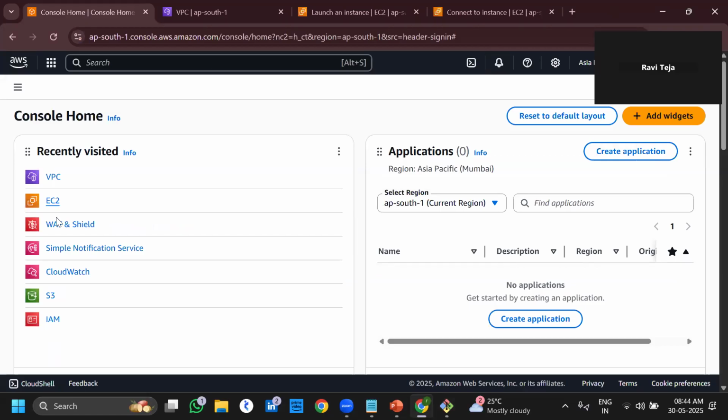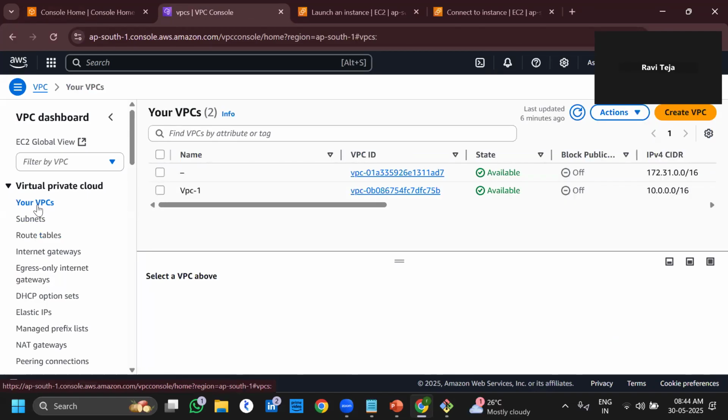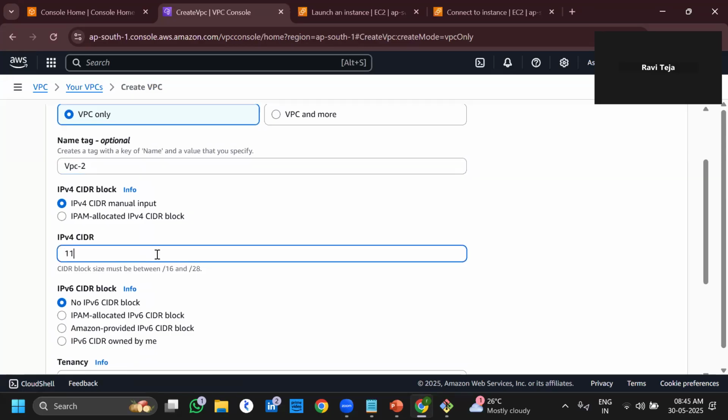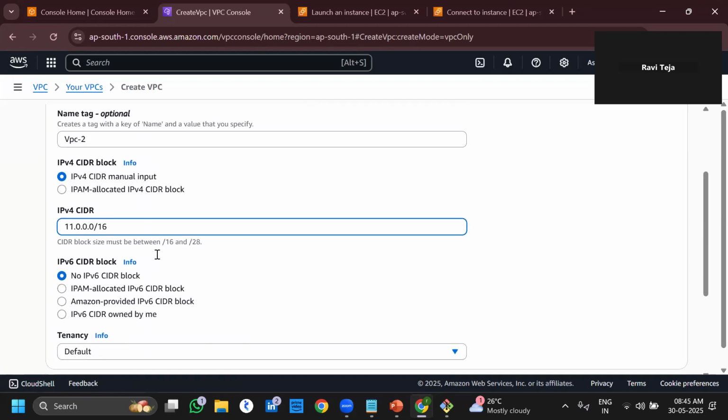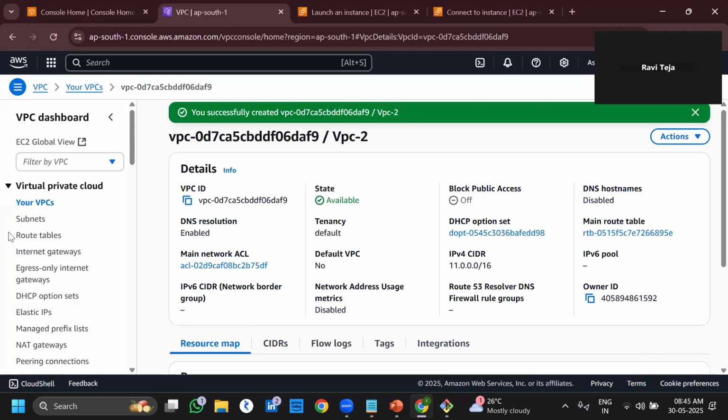We have to create two VPCs. I have created only one VPC. Now I am going to create another VPC as well. The process is the same. VPC2. Here I am giving 11.0.0.0/16. And then just come down, create VPC, go to subnets,